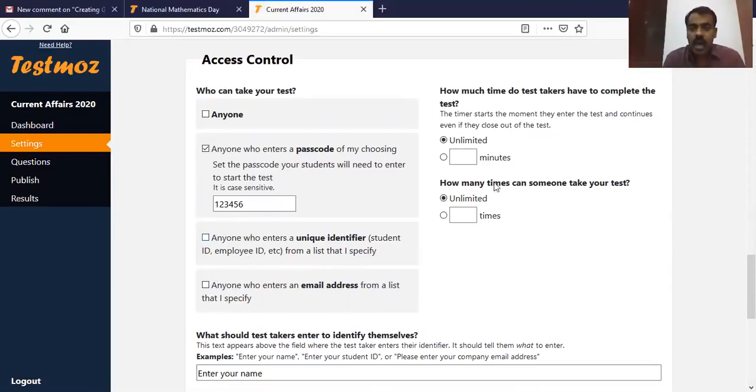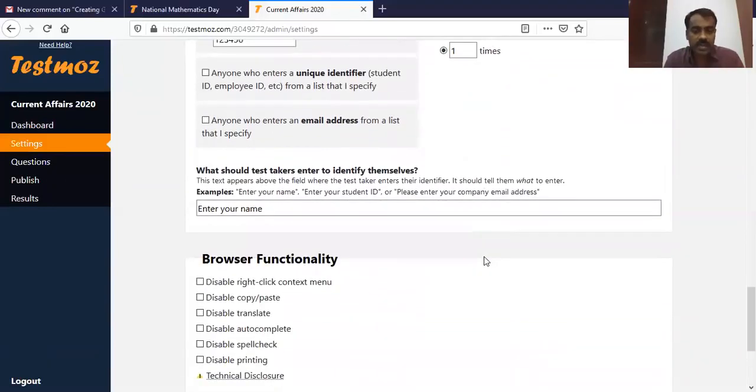And this side, how much time it requires to complete this test, there is unlimited, but usually it is always good to set a timer. So we say suppose 30 minutes. Then how many times one can take the test? There are a number of times one can take. Suppose I restrict to only one time. So with this basic settings,